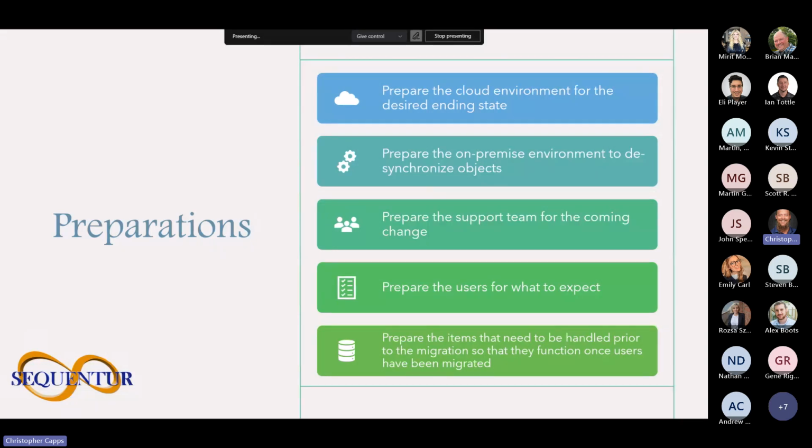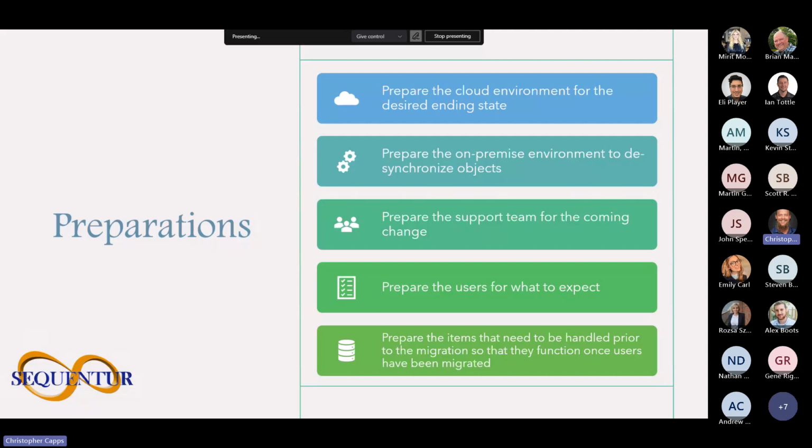We often see 365 and Azure environments built out in such a way that removing a user from a group or two deprovisions applications and resources. Similarly, by adding users to groups, you can control your application provisioning as well.